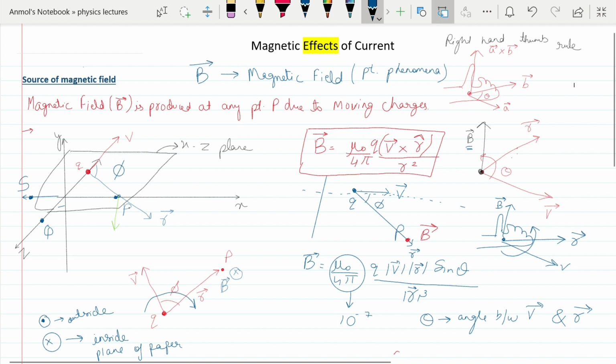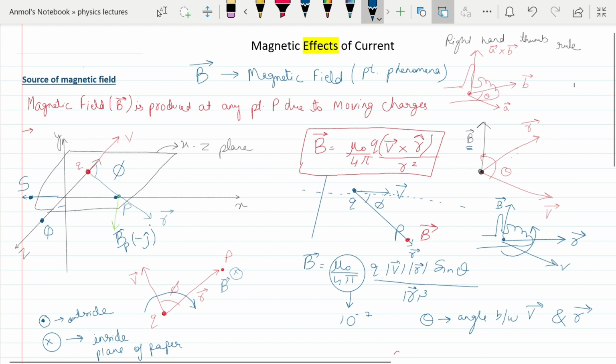So this is telling that the magnetic field is represented by this green arrow, and there is a phi angle between V and R. This is going inside. Inside means this is parallel to what? This is parallel to the y-axis, as you can see here. The y-axis is perpendicular to the r vector as well as v, or say perpendicular to this plane. So the magnetic field at point P is going inside. So what is the direction? It is downward. So I say it is minus j cap. What is the direction? It is minus j cap.